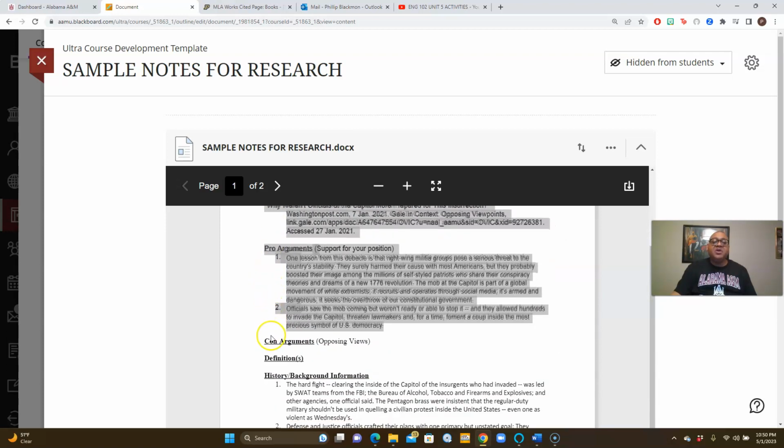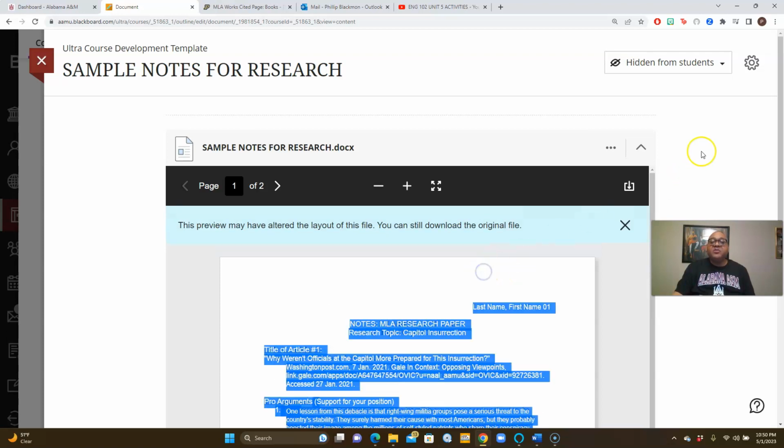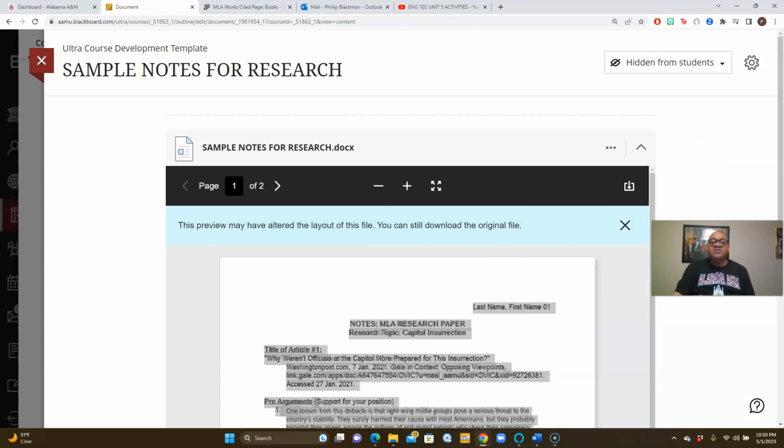You may find one article that only has the con argument and definitions. That is perfectly acceptable. The point is, follow format. Follow format when you do this